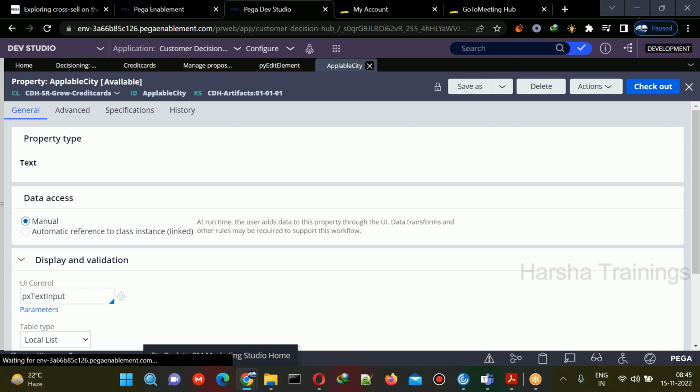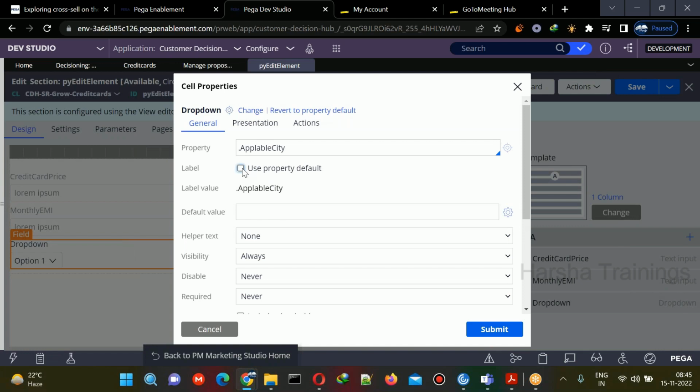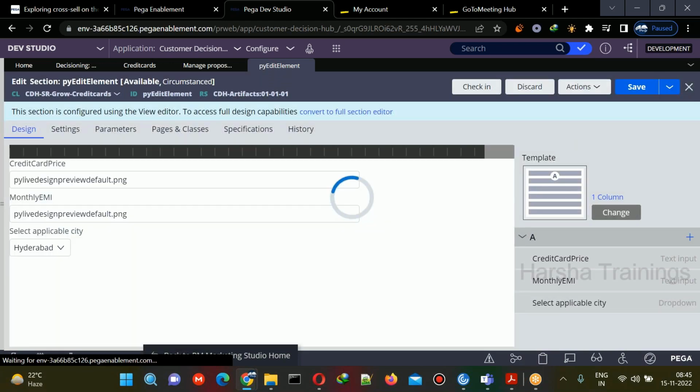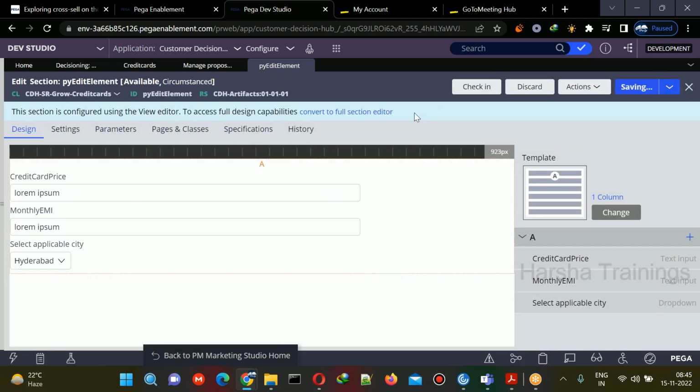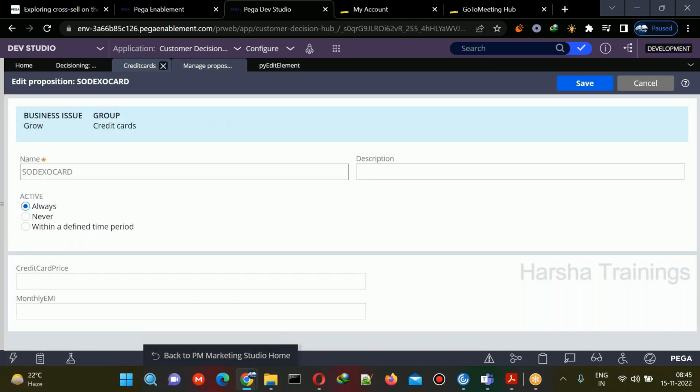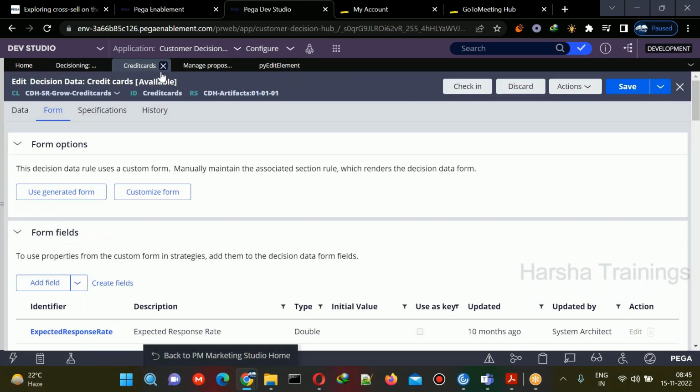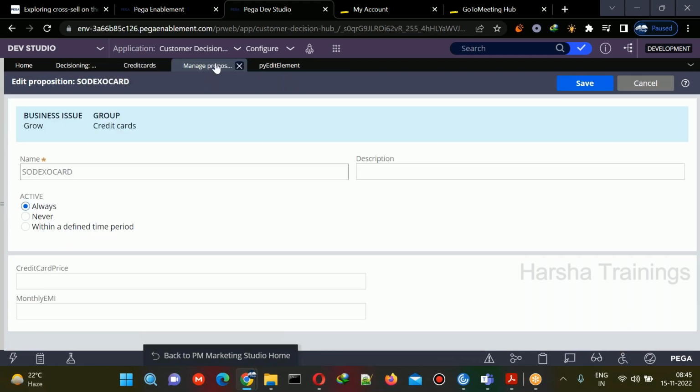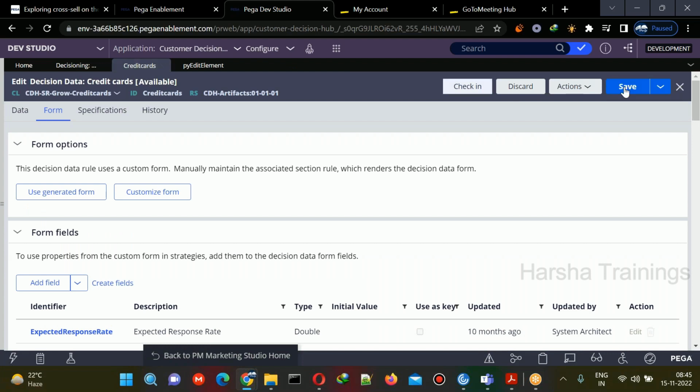Okay, so now I am just selecting this option and I'll say here select applicable city and I click on submit and save this. Now if you come back, let us say I come here, save it,